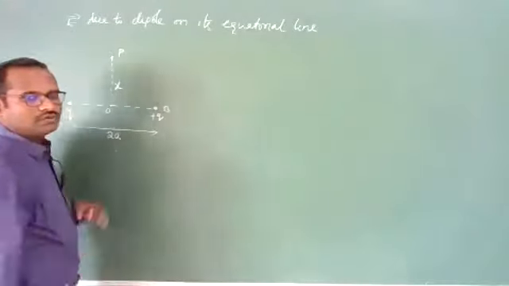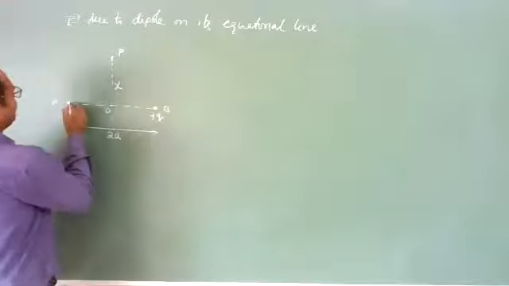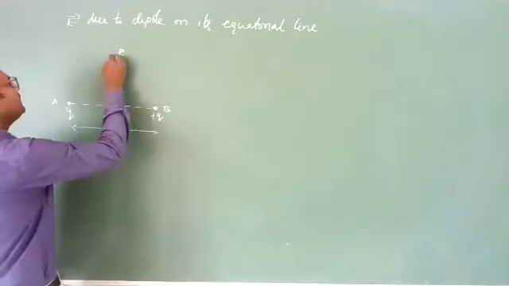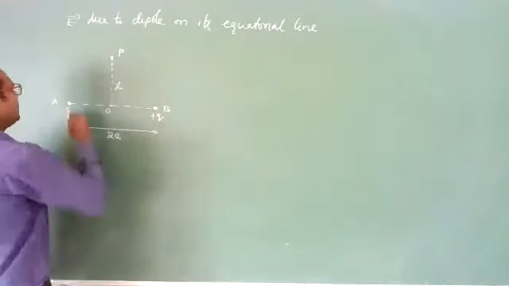So what to do? Again, find the electric field due to the individual charges separately and add them according to vectors. That's it. Now due to the charge at A, that is the negative charge, at point P, what will be the distance between these two? As you know, this distance is a, correct? And this distance is x.